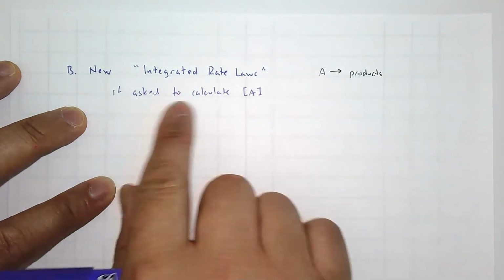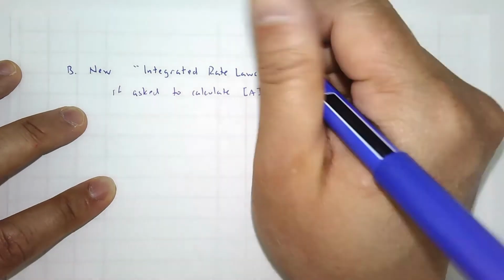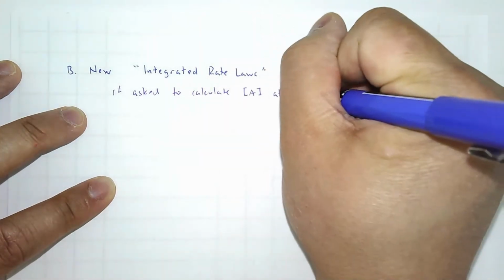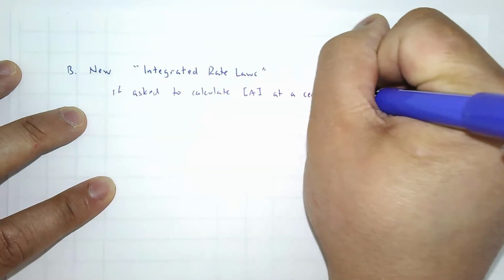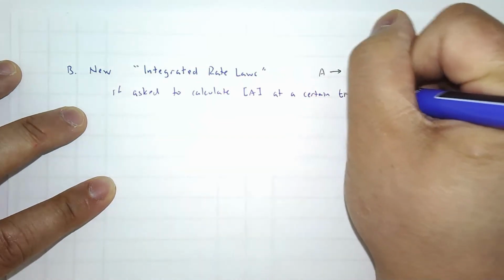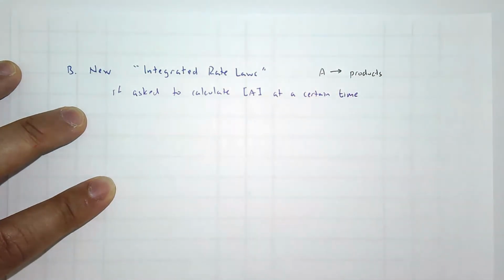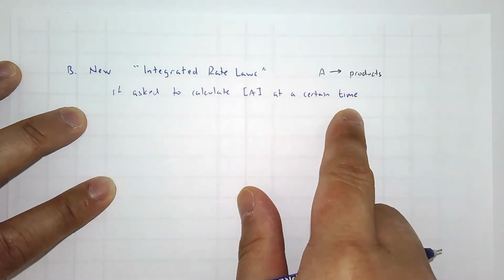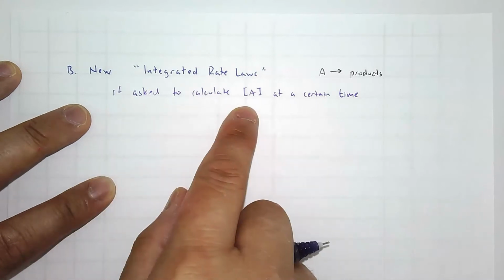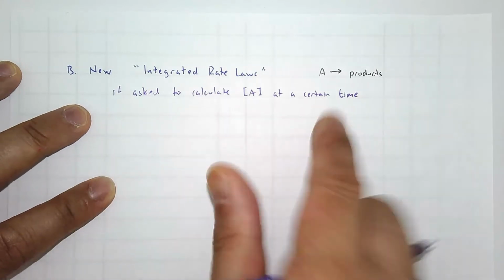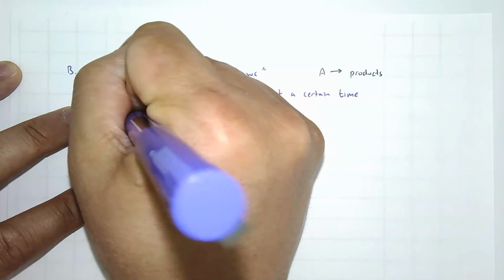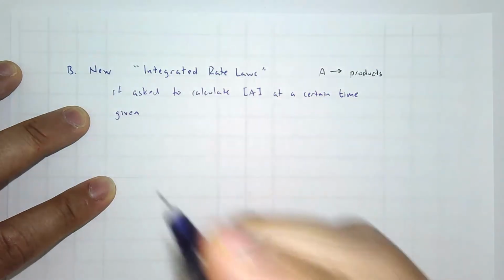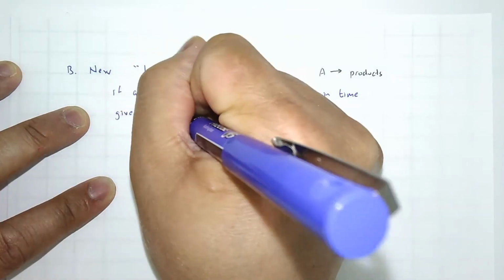Anyway, if you're asked to calculate the concentration of A at a certain time, I think this is the first equation where we explicitly have a specific time, not a time interval. So if asked to calculate the concentration of A at a certain time, given, what do we need? Or solved for,